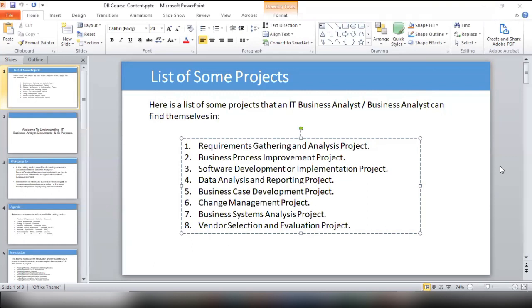And last but not the least, you can also find yourself in a vendor selection and evaluation project. Those projects are pretty much very short, but could sometimes be converted to full-time. Vendor selection is when a company is looking to buy an application that they can use for their day-to-day business. They have so many applications out there and they're looking for the best one that will suit their business. What can they do? They can bring in a business analyst, an IT business analyst, to help them